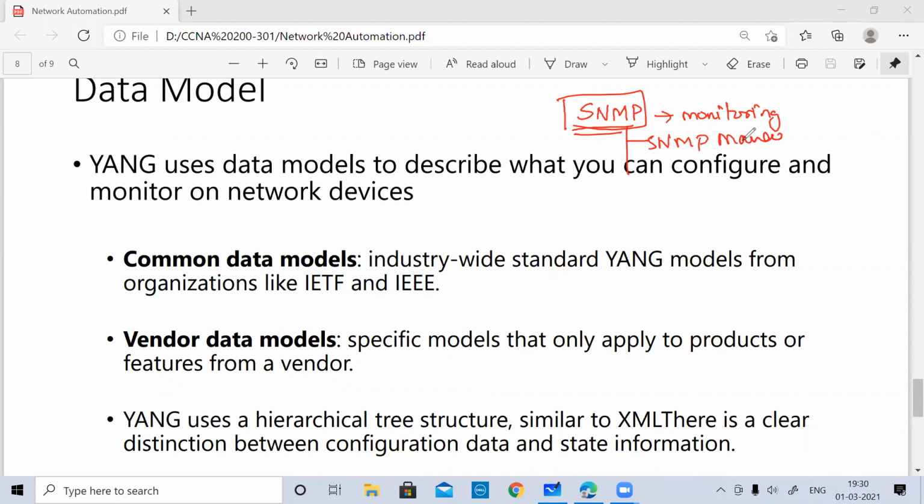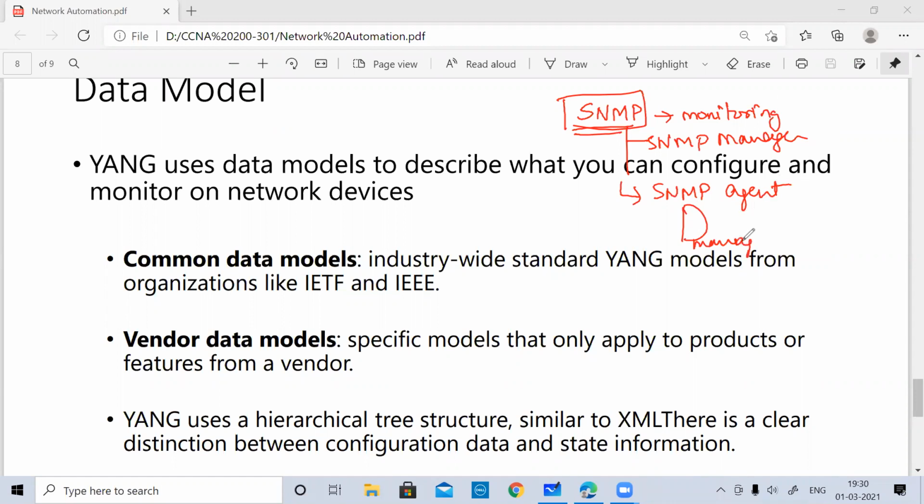The manager is software which you install on your system or on a server, and you have an SNMP agent which you install on the devices you want to manage, that means your routers or switches. Whatever information the manager requests, it can pull from the device: get me the information about so and so thing. So it's a kind of polling which happens between the manager and the client.